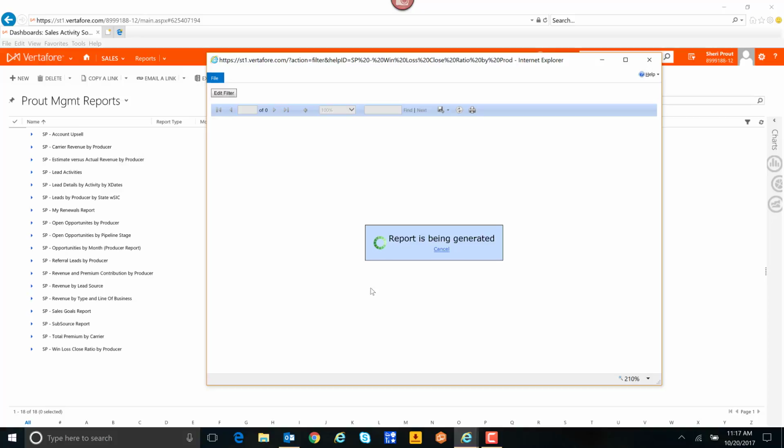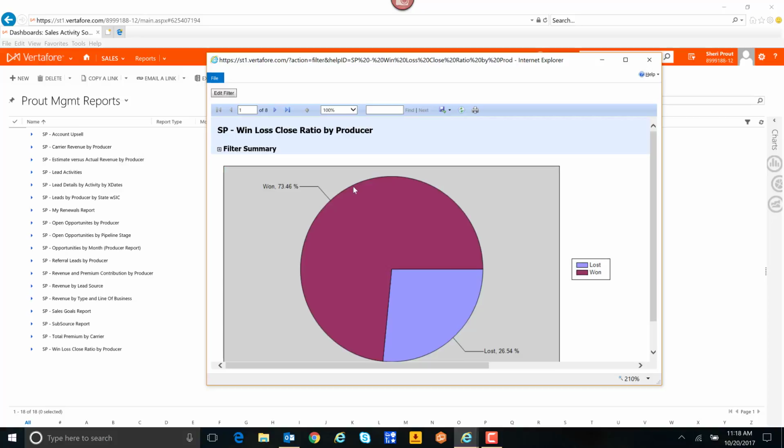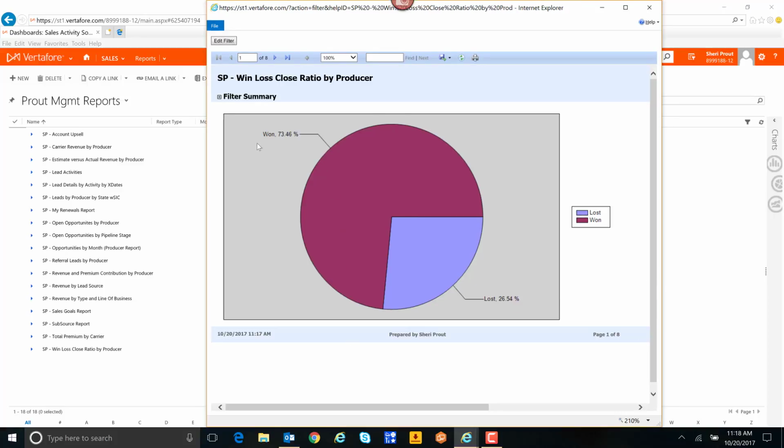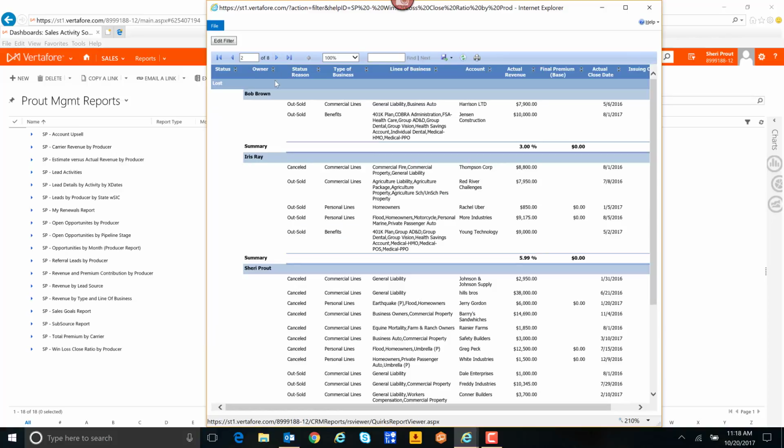This will bring up a chart first, and then it'll have pages of detail. Okay, so overall, 73% of the time across all producers we win the business, 26% of the time we lose. And then because this is one of 8 pages, all you do is come up here and hit next page. And now the report's going to start to break down first the status of losses, first by